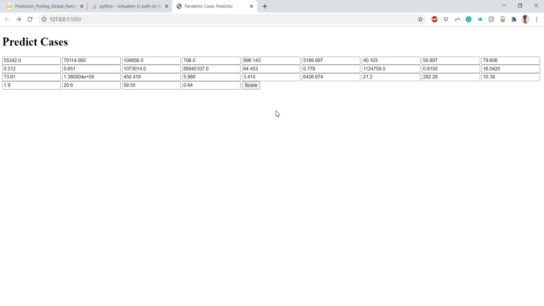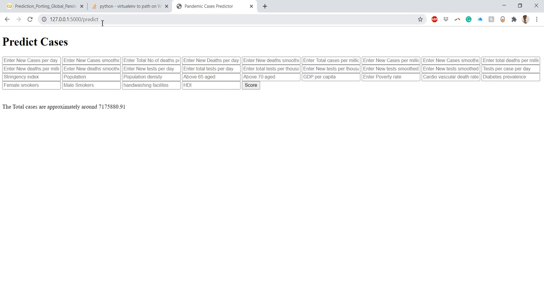If I click score here, you can see the URL it is going to is predict, and the total cases are approximately this much. There are some values after the decimal, but we are only truncating to two decimal places, and this is the number that we are exactly getting when we ran our model.